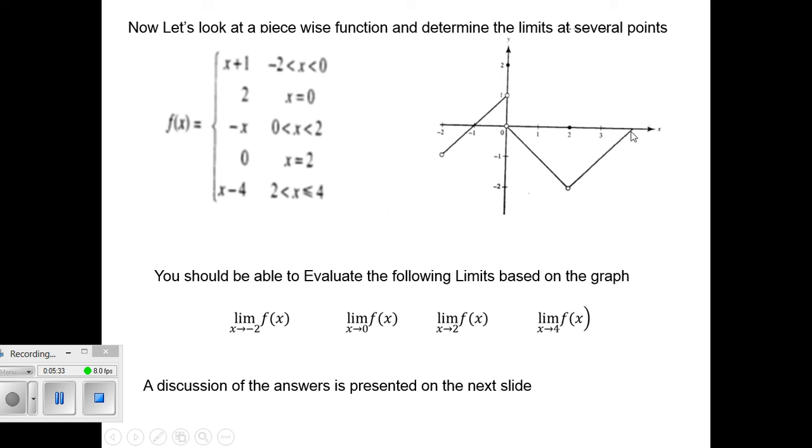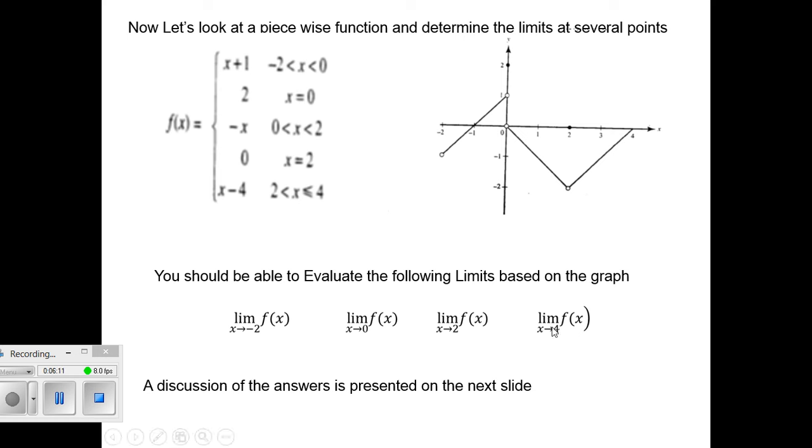From all we can see is on the left side, we have no idea what's happening on the right side. So from the left side, we're saying, okay, as x approaches 4, the y value is going towards 0. But I have no idea what's going on the right side of the function. Therefore, I can't evaluate the one-sided limit as x approaches 4 from the right side, and therefore I